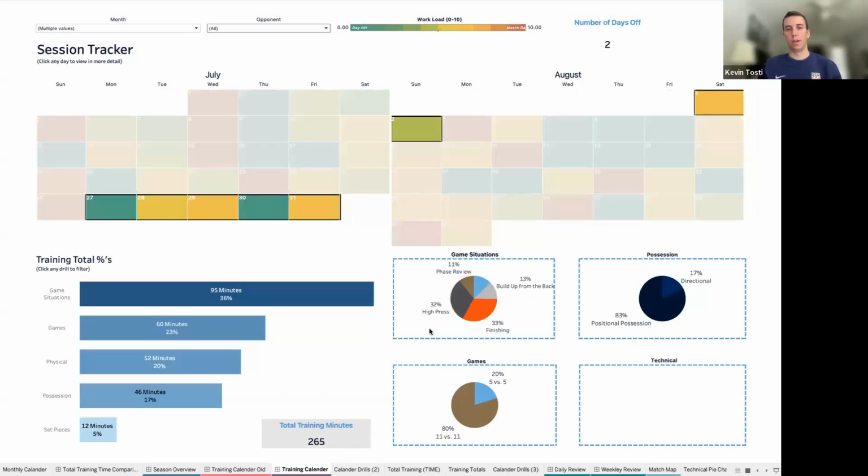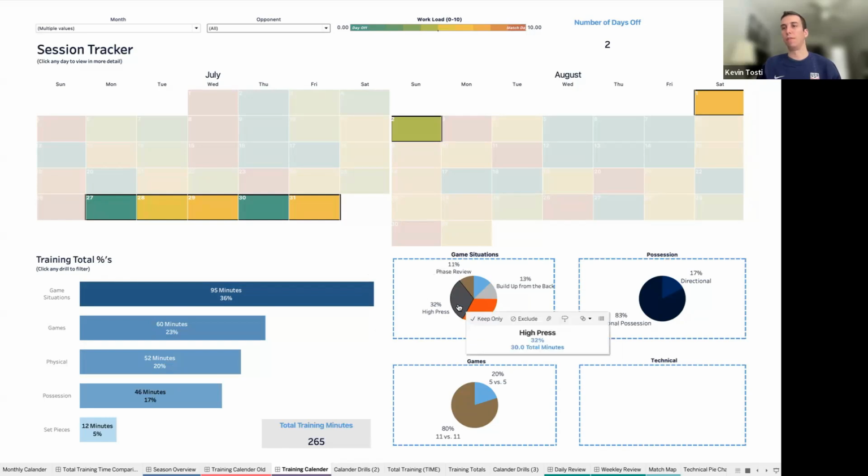And I can see that we had heavy high press in training. And maybe that's because that team, we felt doing the analysis and scouting that they were good at build up, and or high press was an opportunity where we could win the game. So in that week of training, we worked on that. And then what we can do post is see if that worked or not.